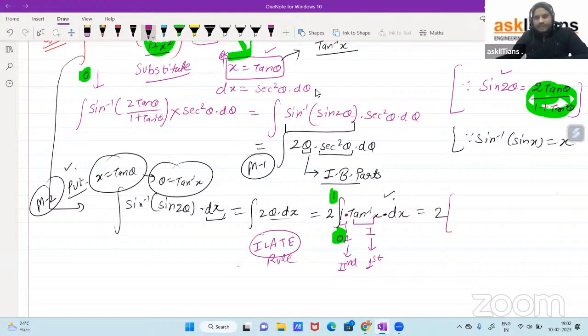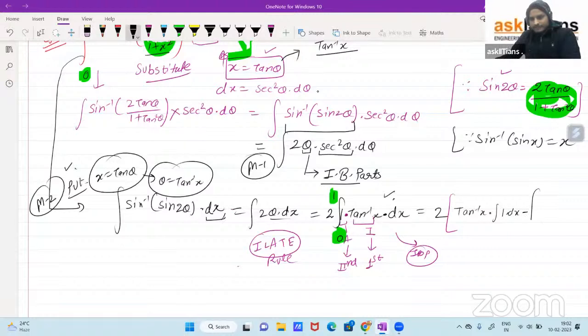So what is IBP? Now this question becomes different: integral from 0 to 1 of tan inverse x dx. Now, first function as it is, tan inverse x as it is, into integration of 1 here,